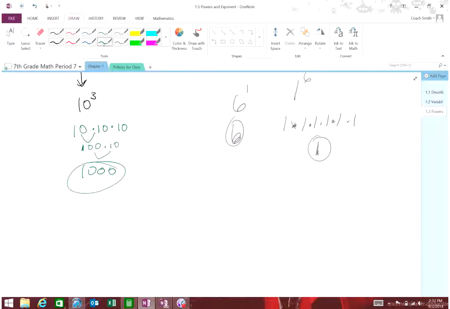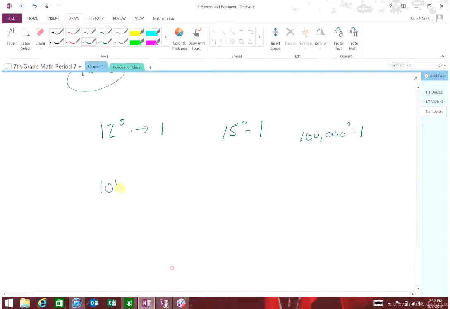Now, anything raised to the 0 power, 12 to the 0 power, is 1. 15 to the 0 power is 1. 100,000 raised to the 0 power is 1. Anything raised to the 0 power is always 1. Okay, Trinity? What makes it 1? Because if you think of it in these terms,